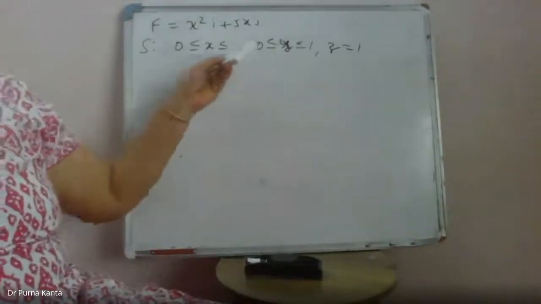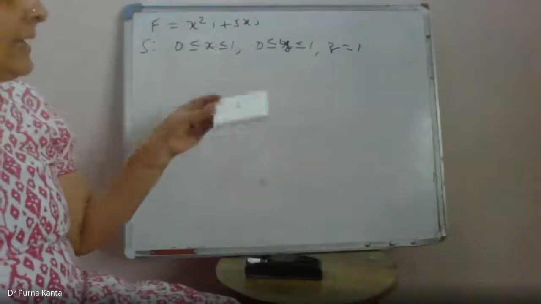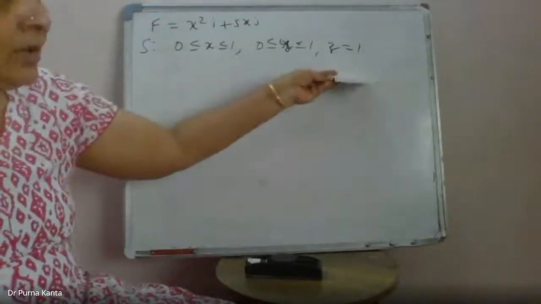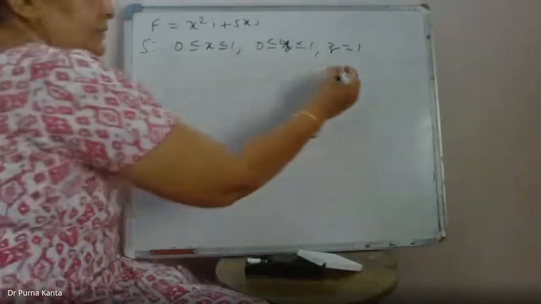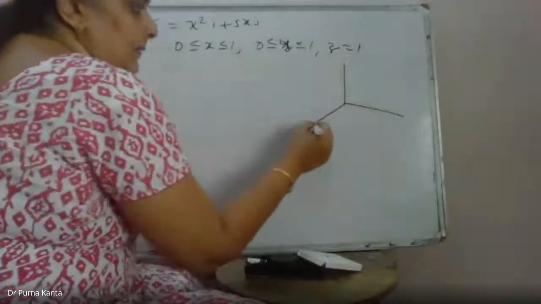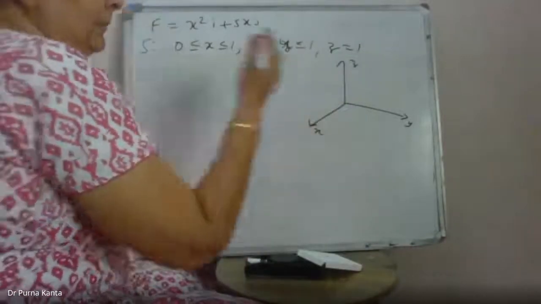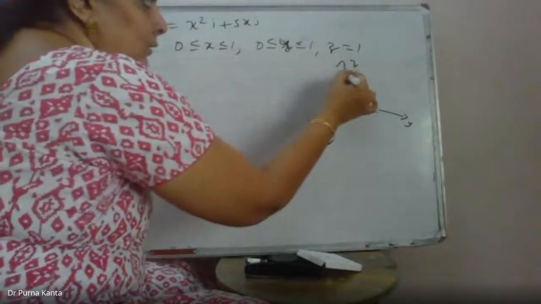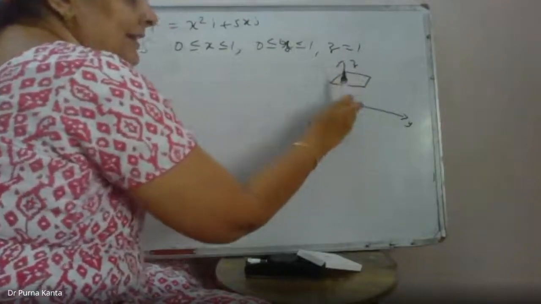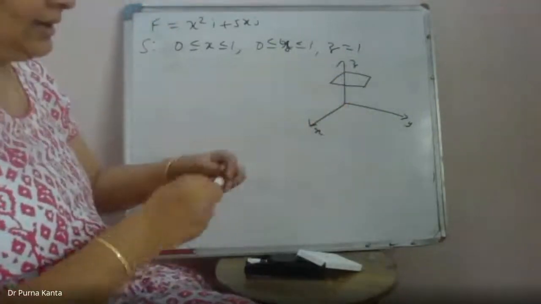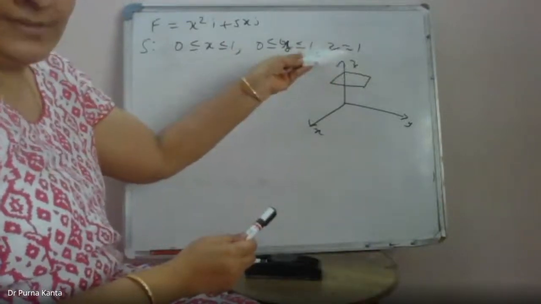The meaning of this is this plate, the square plate, whatever we have, is placed at a height of z equal to 1 on the z axis. The square plate that we are taking is at a distance of 1 unit on the z axis. That is the meaning of this.